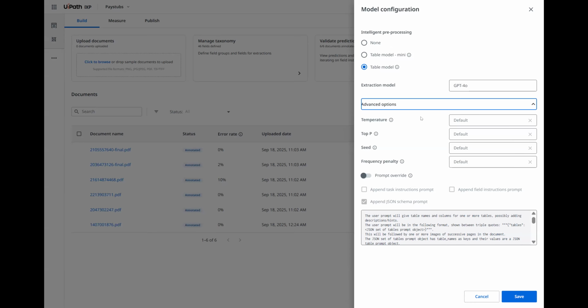LLM models are trained with a large amount of data. So if we define a higher temperature, the model is